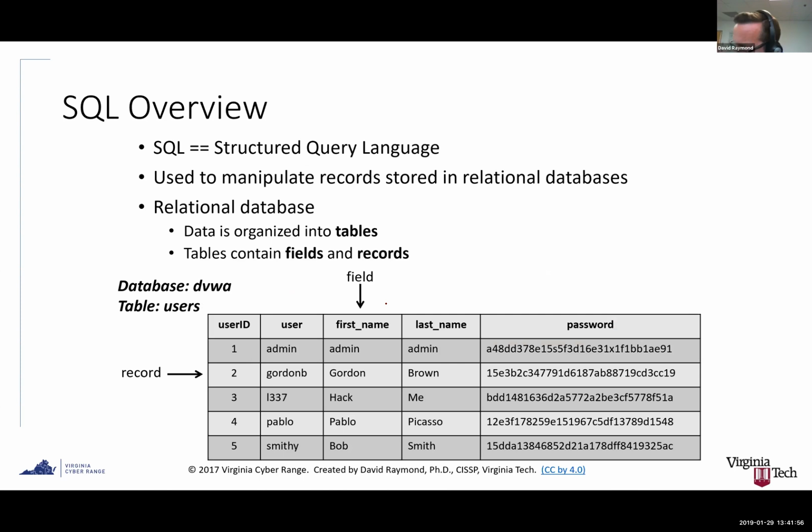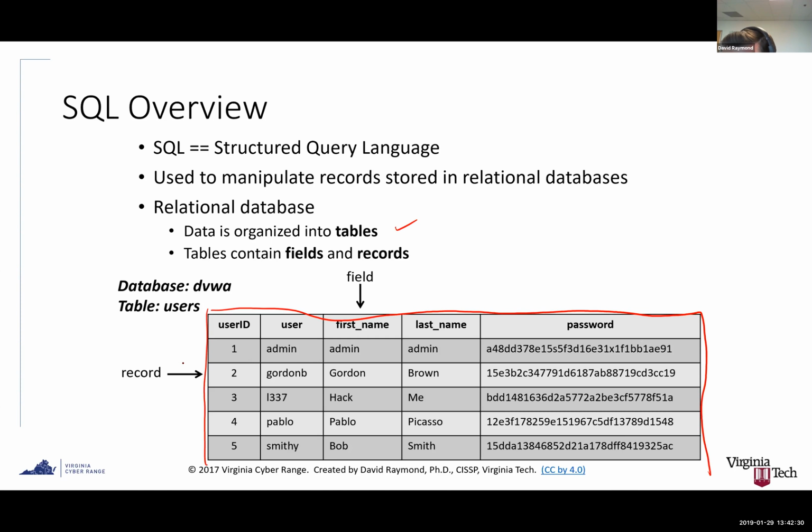A database is organized into tables, and the tables contain fields and records, right? So if you look at this table, it looks a lot like spreadsheet data. You can imagine a spreadsheet where you have a list of field names across the top. Here I have user ID, user, first name, last name, password, and then each row in the table is a